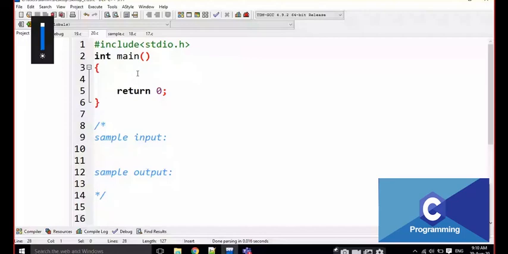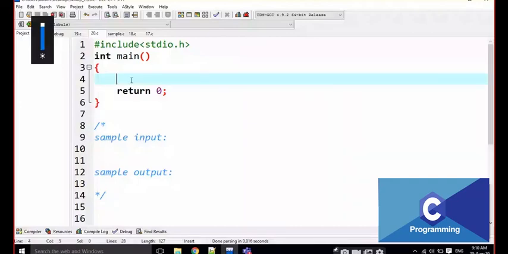Today I'm going to discuss some programs. I think in the last class we discussed the lucky number, and I think you all have practiced that. Now I'm going to discuss the same while loop, about how to find a digit.